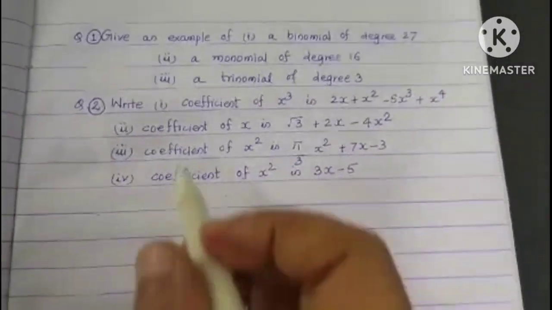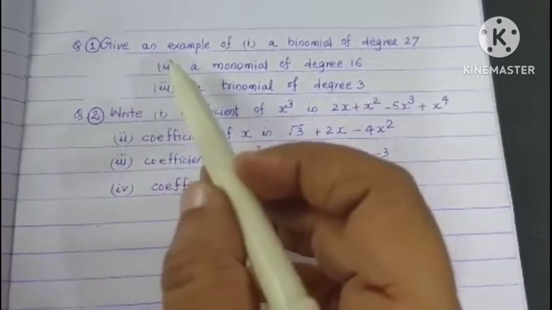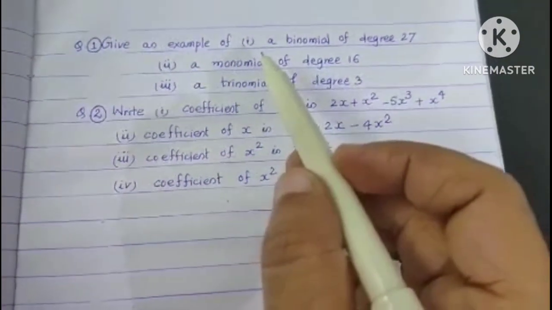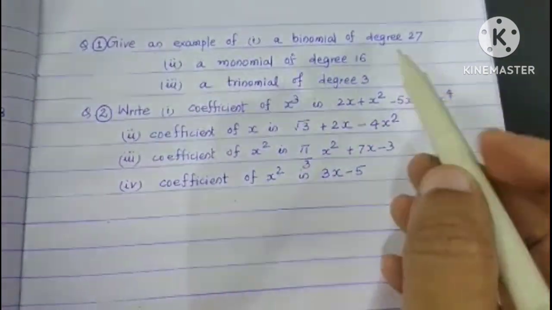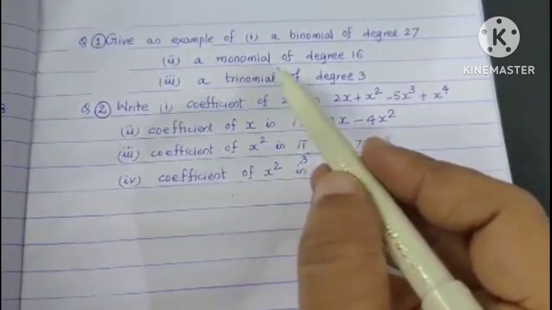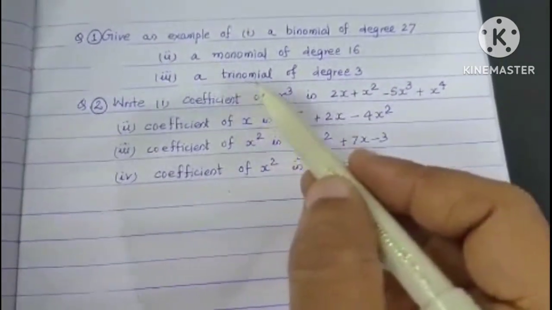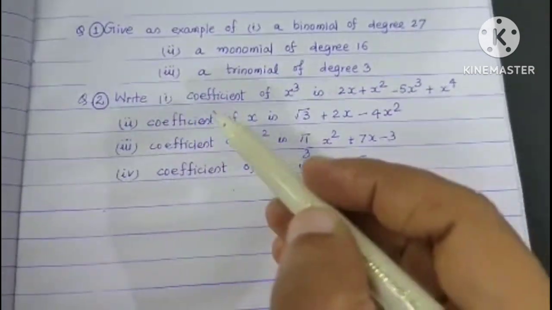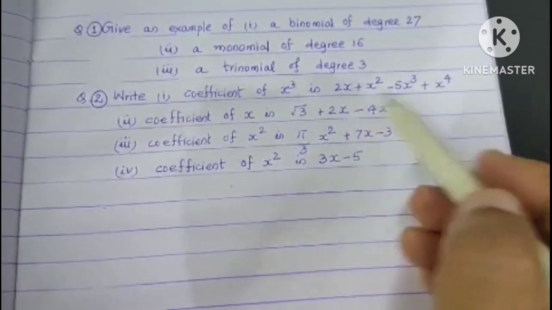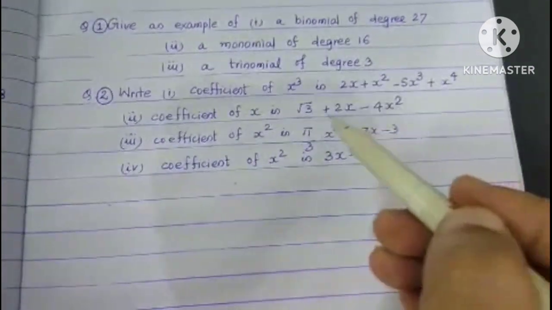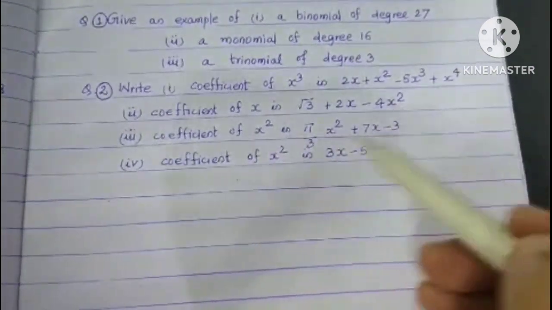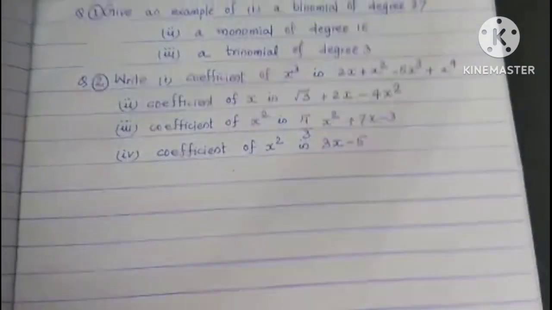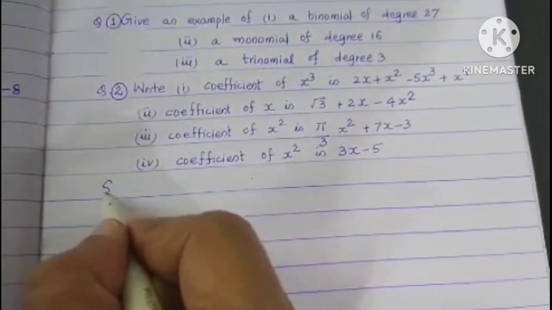So I have taken these two questions. First one is, give an example of first a binomial of degree 27, second a monomial of degree 16, a trinomial of degree 3. This is the first question. Second one is, write coefficient of x cube in this expression, coefficient of x in this expression, coefficient of x square here, coefficient of x square here. Okay, so we will solve it one by one,